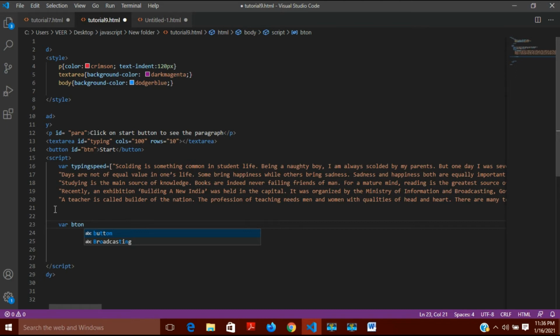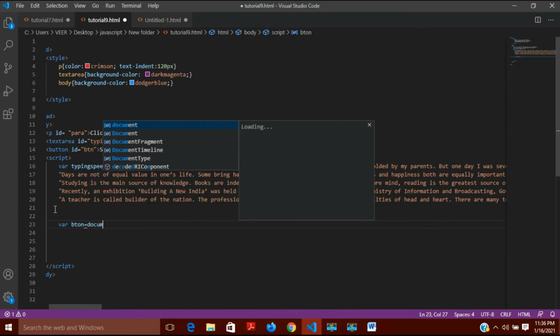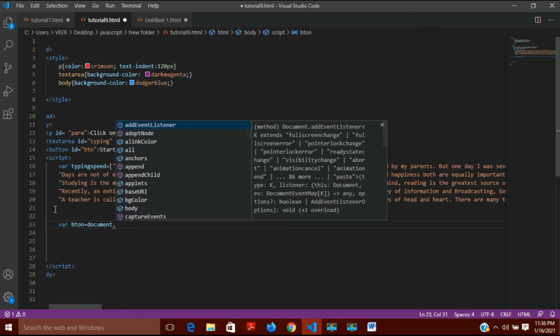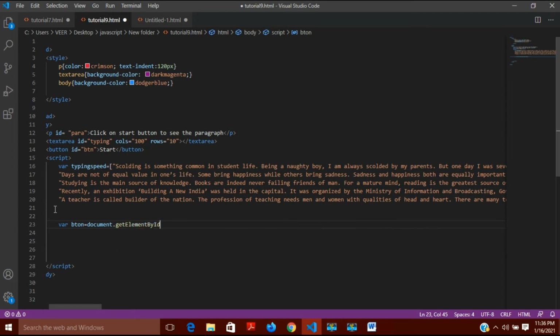So for the button to get access, I am giving first of all a variable name, and after that document.getElementById. This I have used in the previous 6th video also. And now I will insert the id for the button.